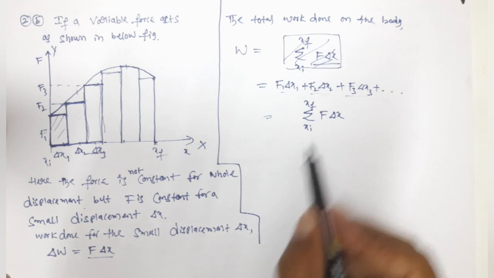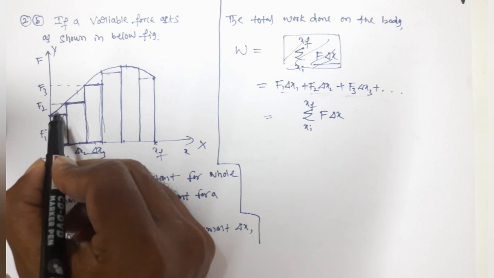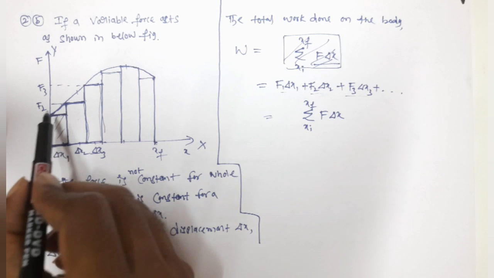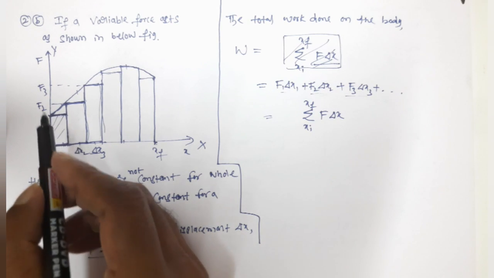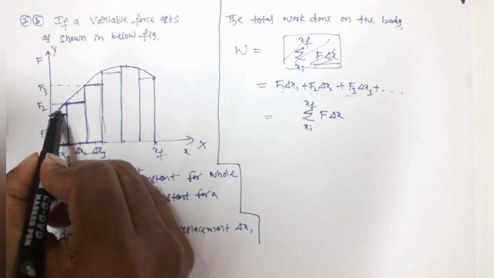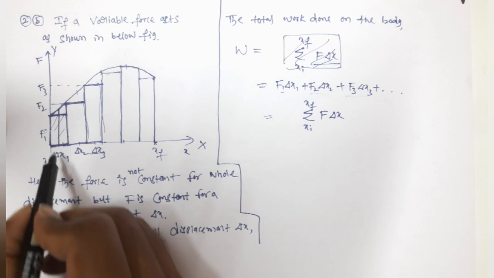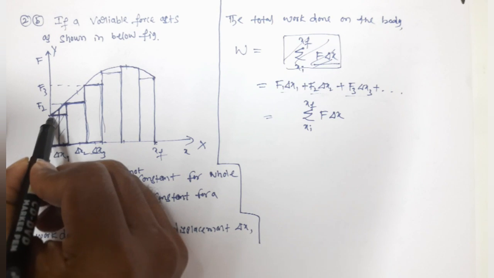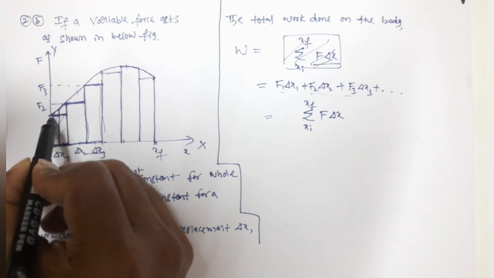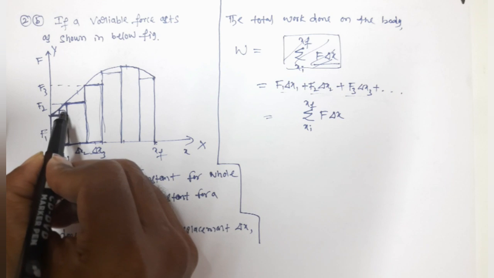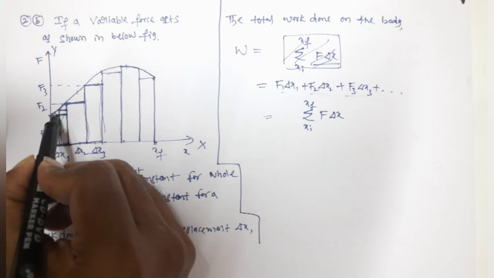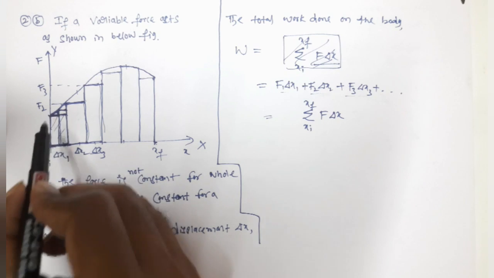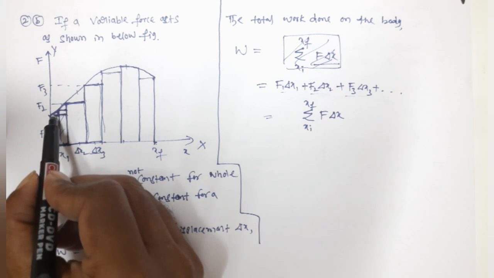But see guys, if we do it like this, what's happening? This area we are missing now. We don't want to miss this area. If we don't want to miss it, what do we need to do? We have to decrease the area of the strip, right? Initially I have taken delta x like this, but I take delta x like this now. If I take delta x here, this is one strip and this is the second strip. That means again I will lose this area, but I don't want to lose it. I want to calculate this area also.